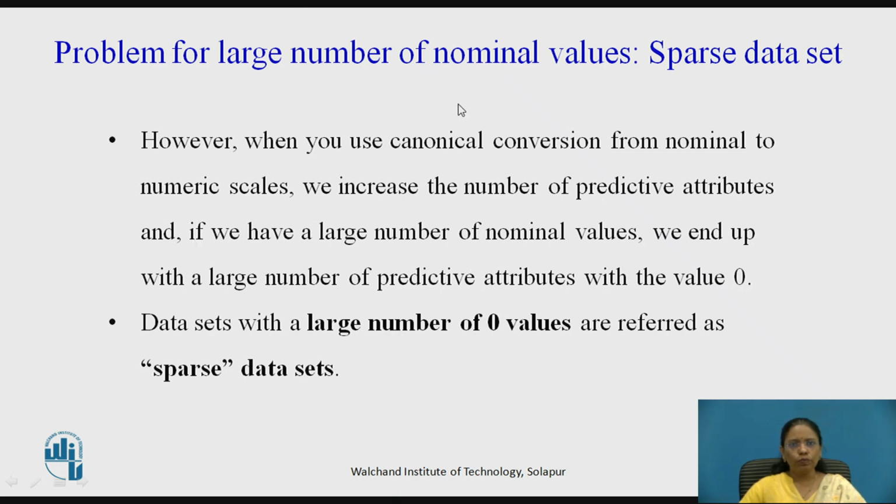There is a problem when we convert this nominal scale to binary scale when there is a large number of values. For example, the canonical conversion is the conversion which we have done just now, that is the binary conversion. When we do this canonical conversion from nominal to numerical, then we increase the number of predictive attributes. If the number of attributes is more, then there will be a large number of nominal values, and we end up with a large number of predictive attributes with the value as 0. So the data set with a large number of zeros is represented as a sparse data set, which I have shown